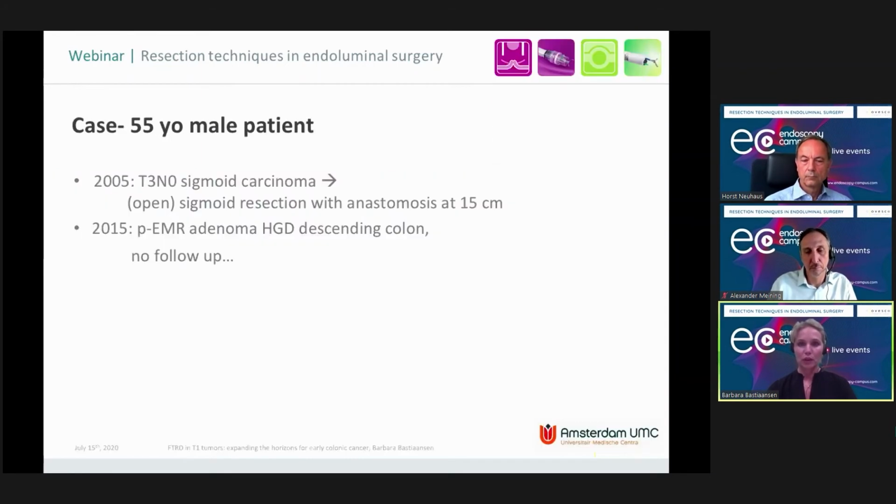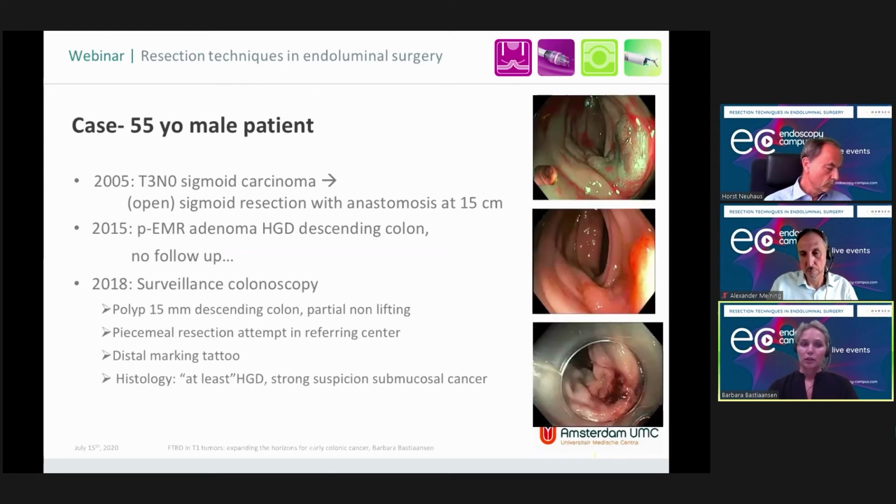Another case to indicate the additional value for full thickness resection is this guy I met a few years ago. He already had a cancer in his sigmoid, and an open sigmoid resection with an anastomosis at 15 centimeters when he was 40 years old. And then in the referring hospital, a follow-up colonoscopy was performed with a piecemeal resection of a high-grade dysplastic polyp. No follow-up was performed, and then he came back for a surveillance colonoscopy, and these are the referring pictures on the right side showing an ugly